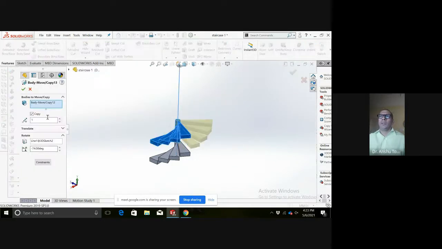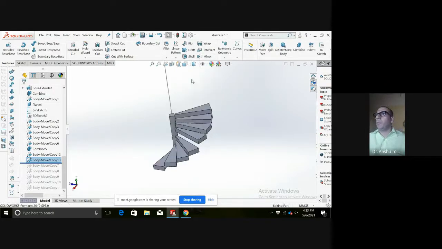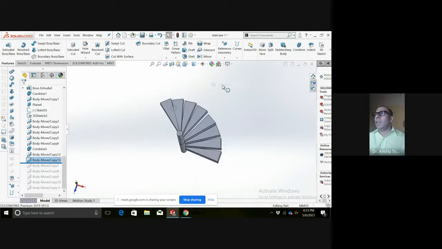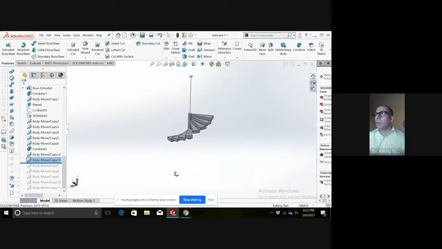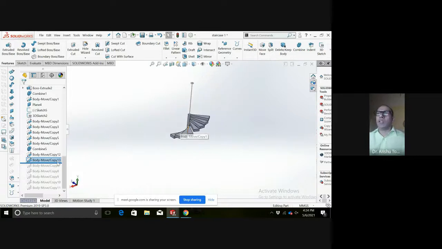Okay. So there was a tick on copy, but we don't want to copy, we want to rotate the same steps. So I will uncheck it and I will click it. So if you see from top, it will be like this. There was a little discrepancy in one of the values. So I was not supposed to combine the bottom one.